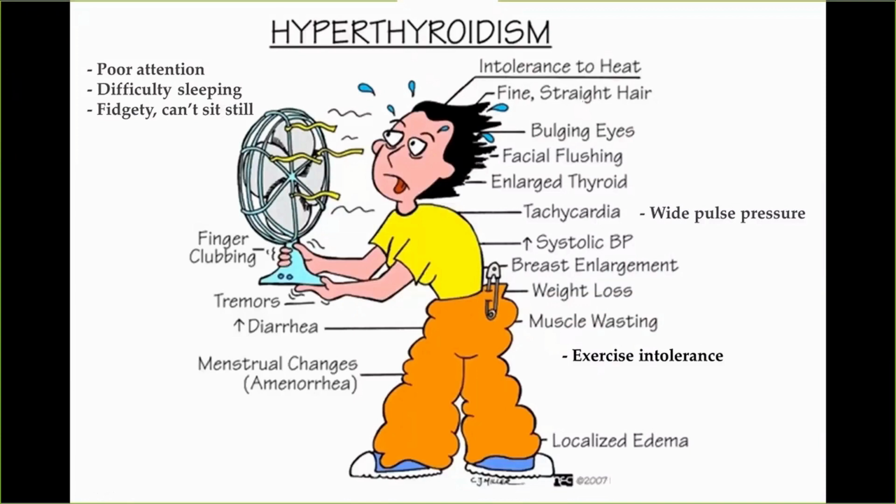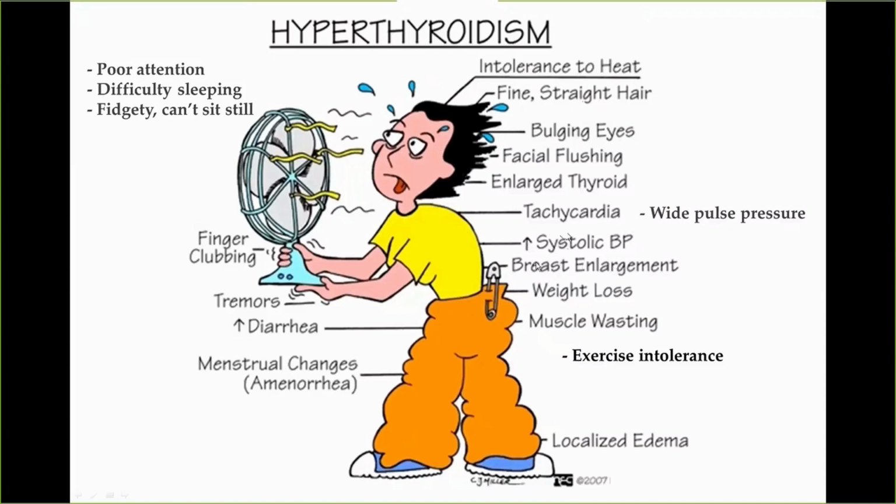A lot of times they'll be seen by the eye doctor, who sends thyroid labs, and then they'll be referred to us. So that's something to think about. When you see proptosis or exophthalmos, this is one of the common features that we see with Graves' disease or Graves' ophthalmopathy. Okay? Enlarged thyroid, tachycardia and wide pulse pressure, increased systolic blood pressure,